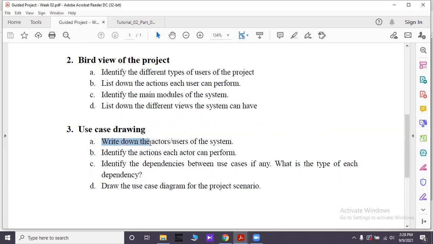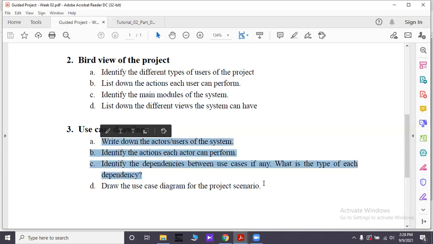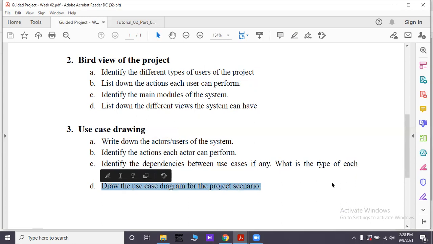So you have to understand what the users or actors of your system are. Then you have to identify each and every action. If your actions have different dependencies like include and exclude, you have to understand and state whether this particular relationship is include or exclude and the reason. Likewise, you have to identify, and then based on these 3, you have to develop a use case diagram for your project,